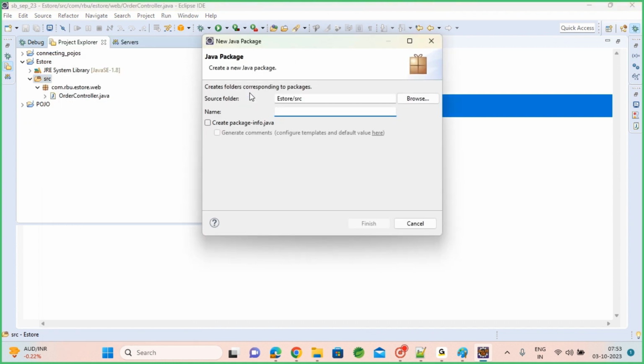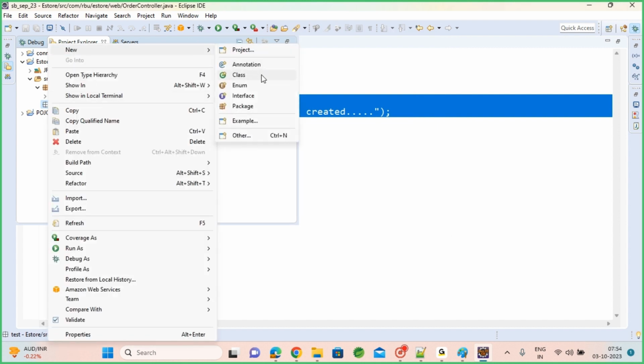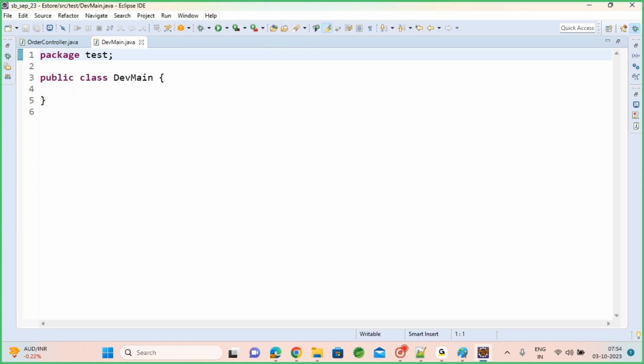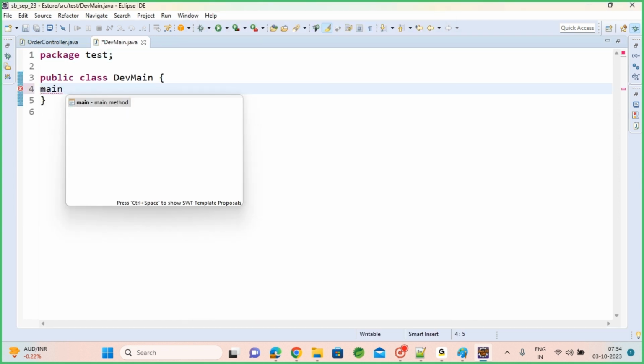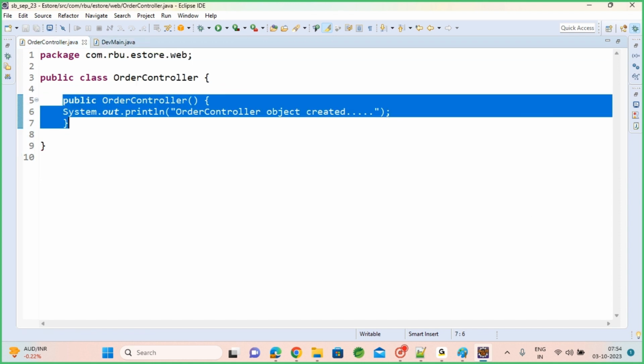Okay, so let me see how the objects are created if the developer creates objects. Let's have a test package, a developer main class. Without the IOC container, if the developer is doing the object creation,